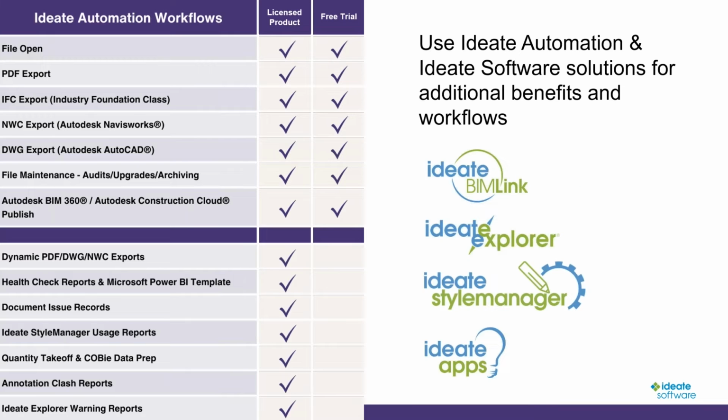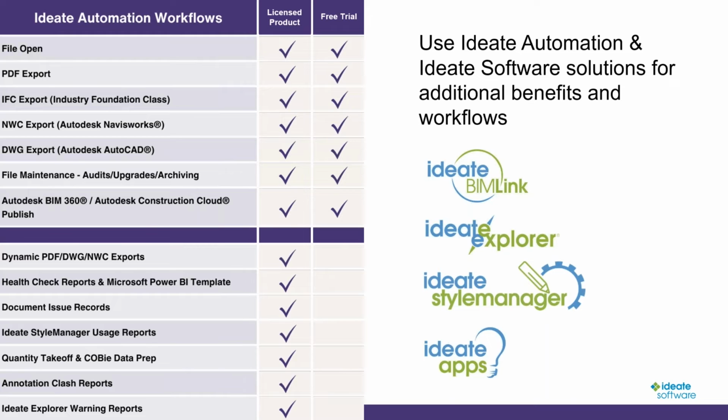So if you do have our other tools and you're also trialing, you're able to do more than the top workflows. I really like this screenshot because it gives you a comprehensive overview of what our tools do. For example, the dynamic PDF, DWG, and NWC export utilizes BIMlink to generate the sheet lists, and we'll talk about that later. You're also able to run health check reports, and we do provide the Power BI template,